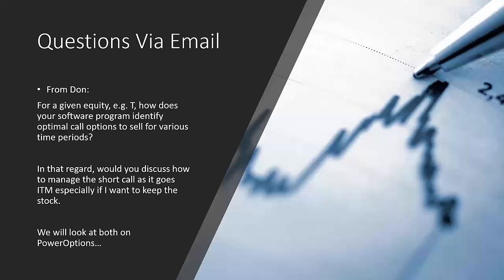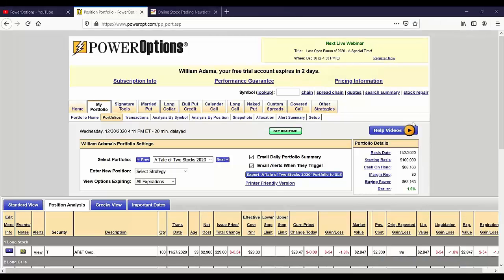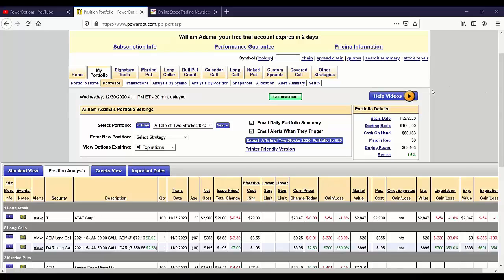Very good, Don. We're going to use PowerOptions for both of those. Let me go ahead and pause the screen. Find my proper button there. And we're going to navigate back over to PowerOptions. Fantastic. There we go. Okay, so if you're looking for a specific type of search, Don, meaning, let's say I